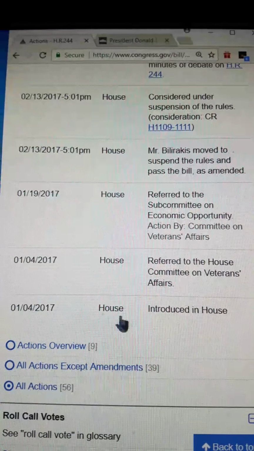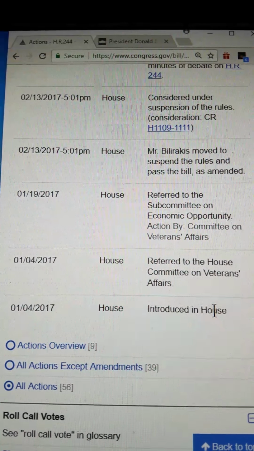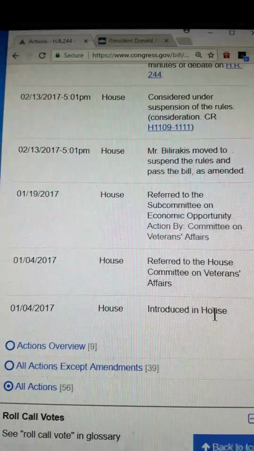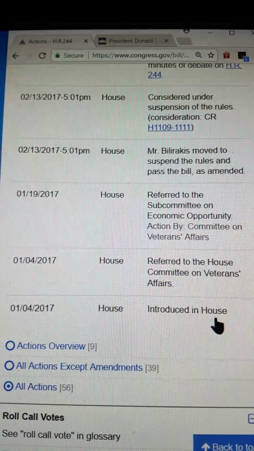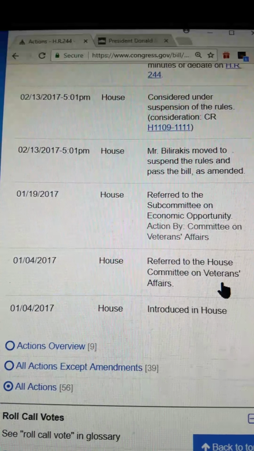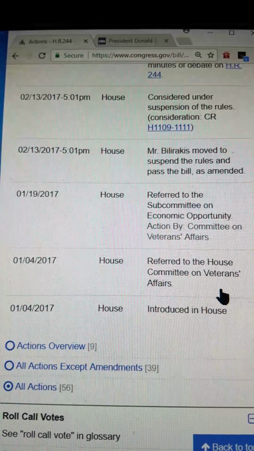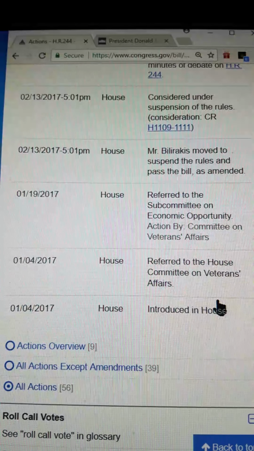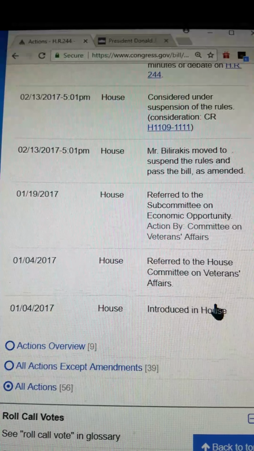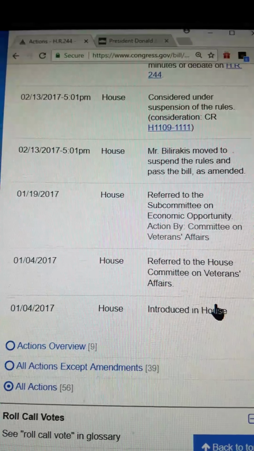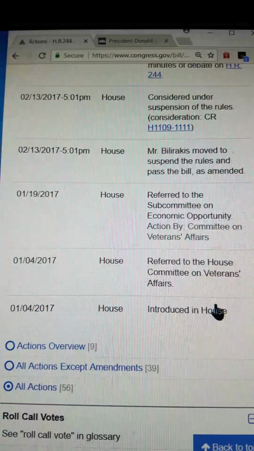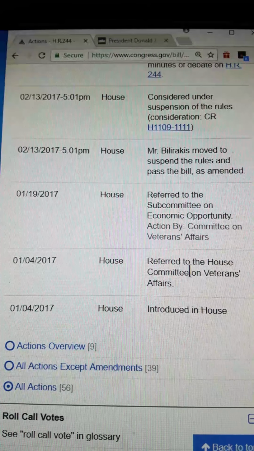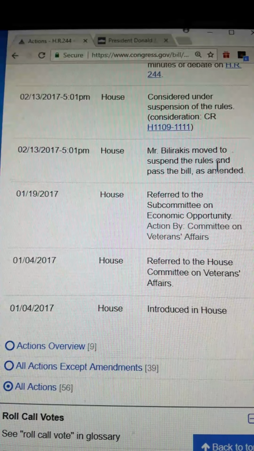They introduced this in the House January the 4th, the day after they took their oath of office. January 3rd was the very first day that this 115th session came to order. And that was the very first day when they implemented House Resolution 5, changing the House rules. And they also used that House Resolution 5 to change the laws. But anyway, these are the dates in which it was supposed to have traveled through